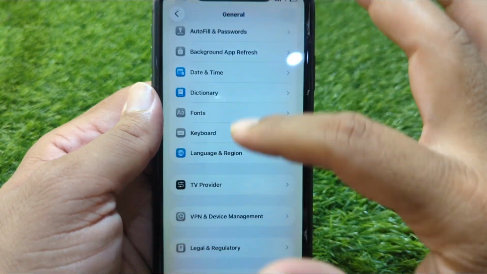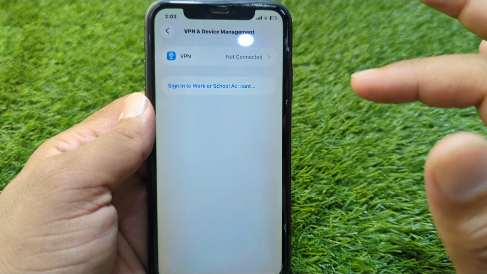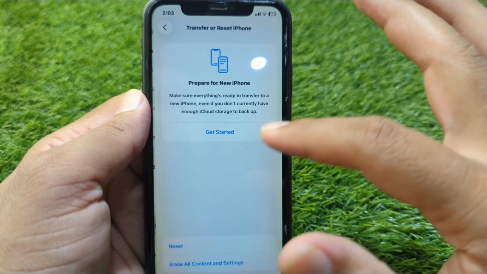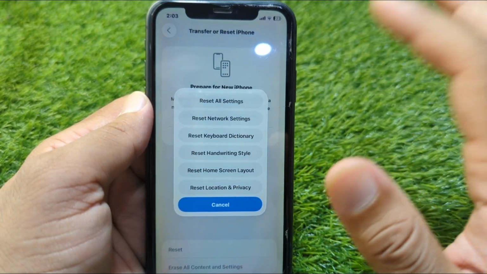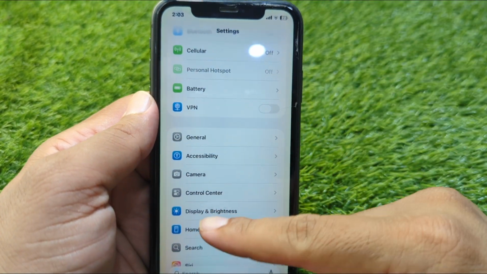After this go back and now go to VPN & Device Management and make sure that there is no connected VPN on your device, and then go back and tap on Transfer or Reset iPhone, tap on Reset and reset network settings of your device one time. So guys, do this and check if the problem is fixed or not, and if the problem is still there